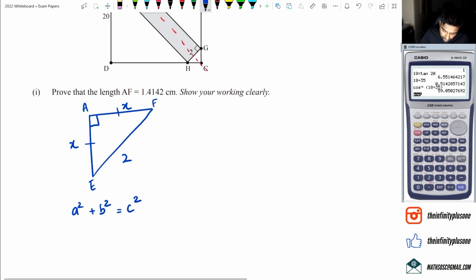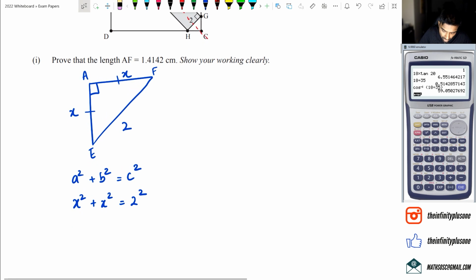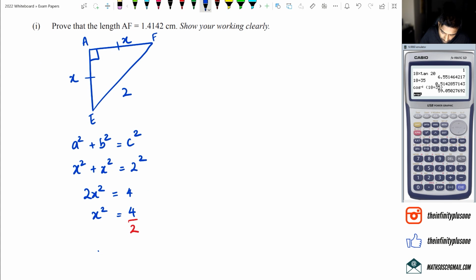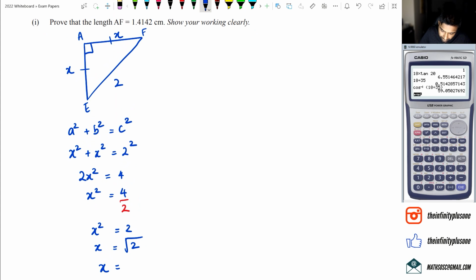Now, a is equal to x, so we've got x squared plus x squared equals c squared, which happens to be 2 squared. Putting this together, we get 2x squared is equal to 4, and then x squared is equal to 4 divided by 2, which leaves x squared is equal to 2, which means x is equal to the square root of 2, which actually gives us